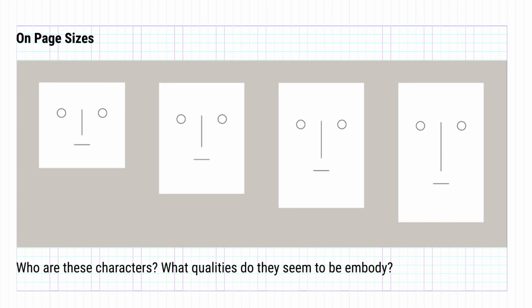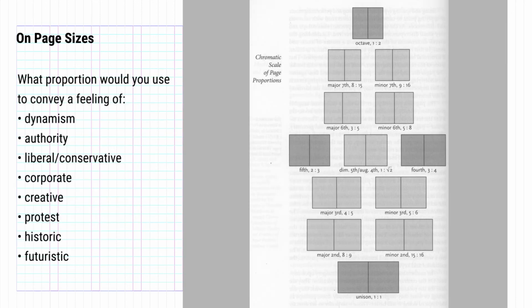Let's take a look at these rectangles and think of what qualities they embody. We'll do a survey in class to see how we all think. Let's take a look at these page and proportion sizes from Robert Bringhurst's Elements of Typographic Style, where he relates page sizes to chords. So what proportion would you use to convey a feeling of dynamism,